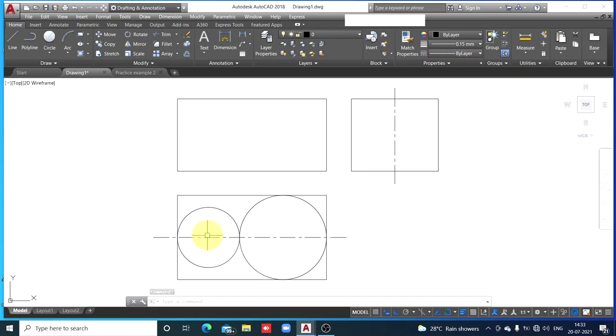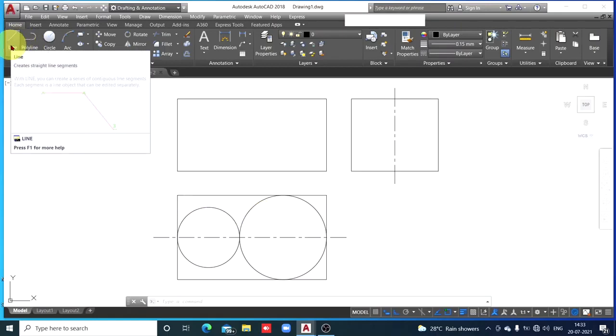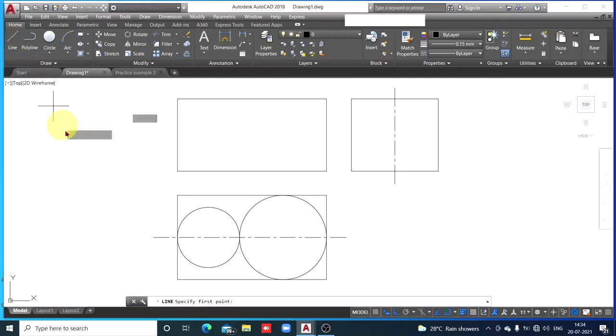So how to draw those non-principal edges which are tangent to these two circles? Try to understand. So I want to draw a line. That's why I've selected line command. Click on line command. Specify first point. We know that first point is tangent to this smaller circle and last point is also tangent to the circle. So how to select the first point? We want first point tangent. So type tangent and enter. Tangent to which circle? So the smaller circle. So move cursor to select the smaller circle